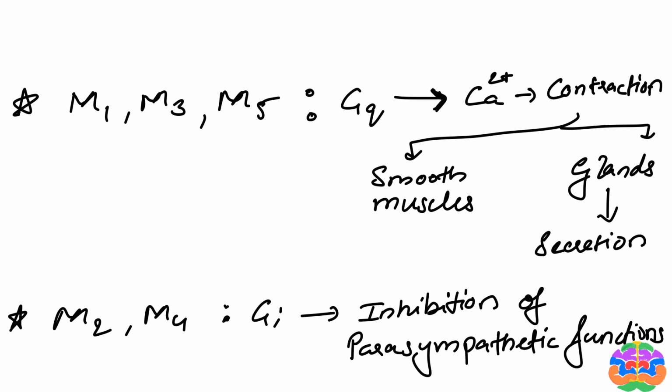Whereas the parasympathetic system, which mainly consists of the muscarinic receptors, they are of five types, M1 to M5, out of which M1, M3, and M5 are GQ coupled, whereas M2 and M4 are GI coupled. The GQ coupled receptors increase the calcium inflow, leading to contraction of smooth muscles and secretion from the glands. Whereas the GI coupled, which is M2 and M4, they cause inhibition of these parasympathetic